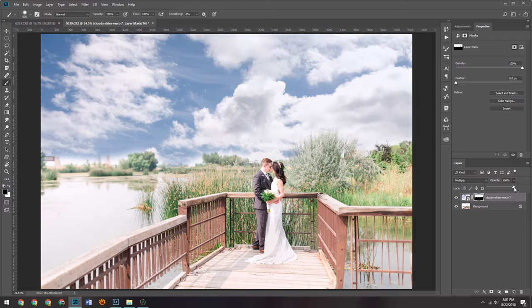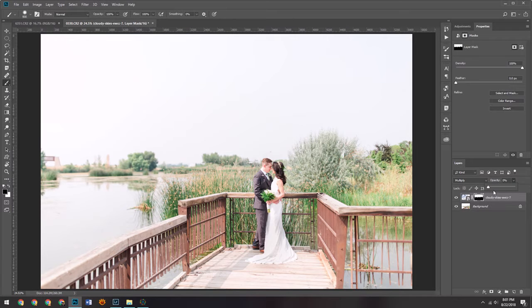And what I prefer to do is actually bring it down all the way to 0 and then just pull it back up just slightly until I'm satisfied with it. So I'm thinking right about there. See, now that's something that I personally would prefer, maybe 25%, because then the colors sort of match the rest